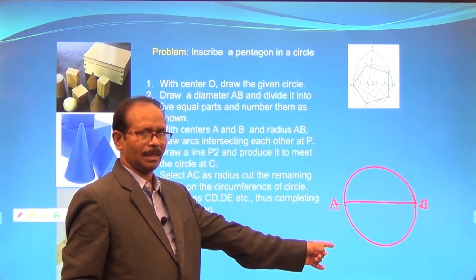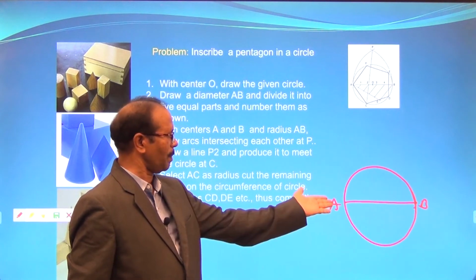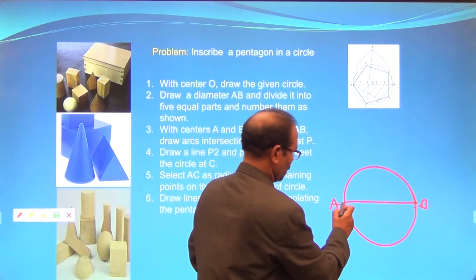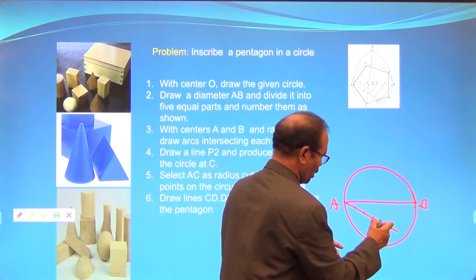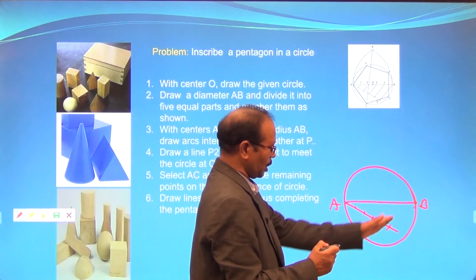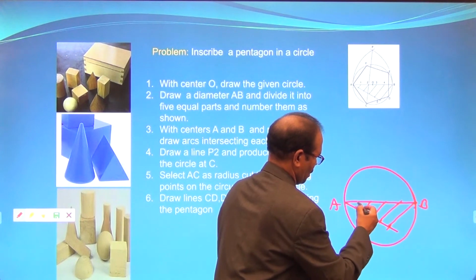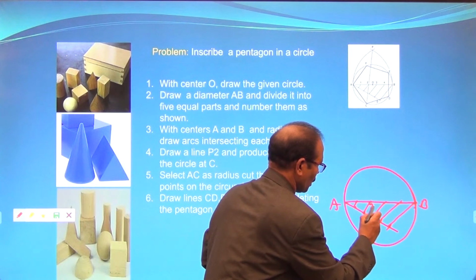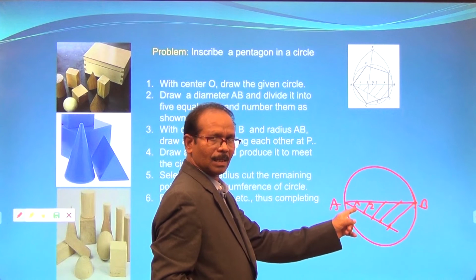Again use the line division method, the acute angle method, what we discussed in the previous line division. Now implement it here. Divide the AB line into 5 equal parts. Draw an acute angle and divide this line into 1, 2, 3, 4, 5. Join the fifth point to B. Now remember the second point.